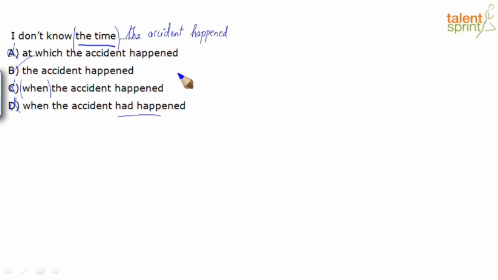Now let's spend a little bit more time to understand why the other options are definitely not the right answer. For example, if you look at C, I don't know the time when the accident happened. Like I said, one is redundancy of the time and "when." Both mean the same. I don't know when the accident happened. I don't know the time the accident happened. I don't need both in the context. That's one. The second one is also "when," as a subordinating conjunction,